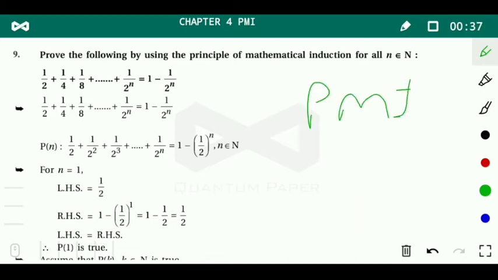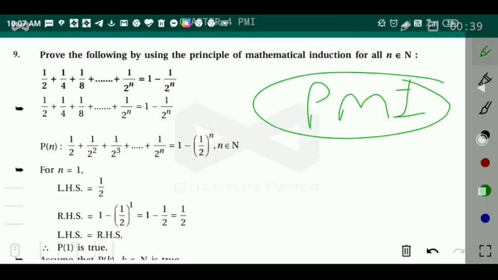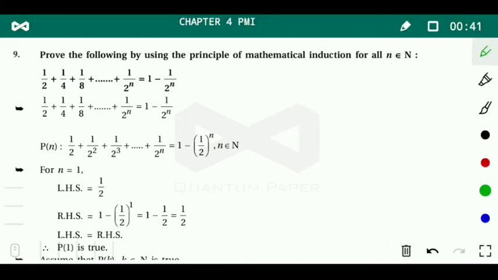So simply we have to put first n equal to 1. Okay, so step 1: n equal to 1. The left hand side is 1 by 2, because we have to take only the first term. Okay, and the right hand side is